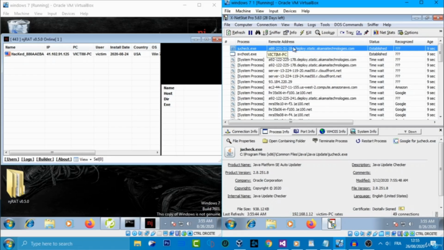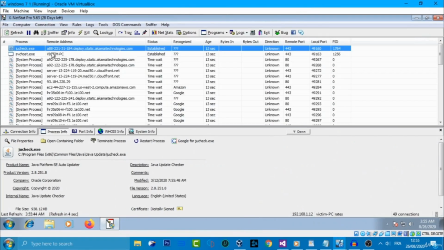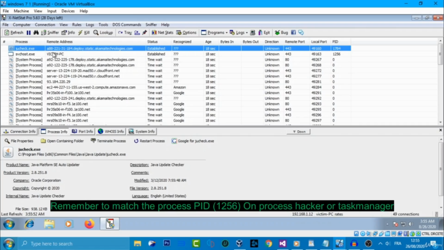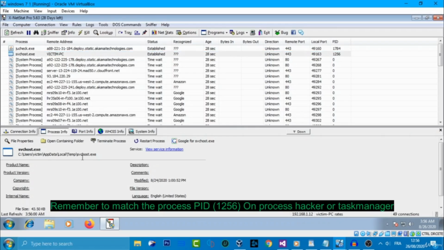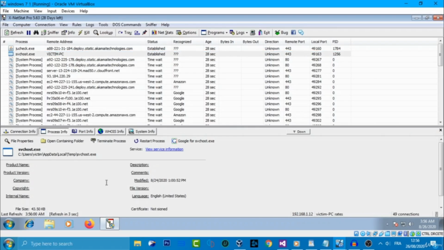And we can see here we have 2 softwares connected to our computer, which first is Java and the second is svchost on port 443. If you click the process info here, you will see that this process is in the temp folder and not in System32,